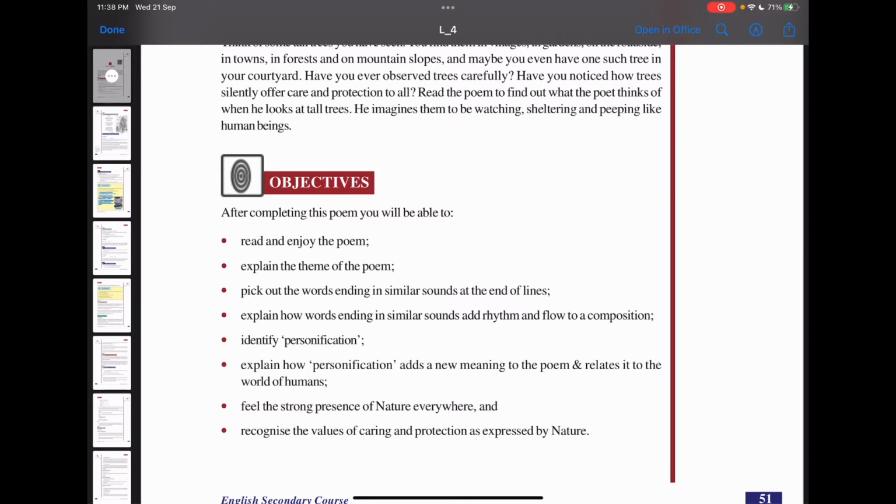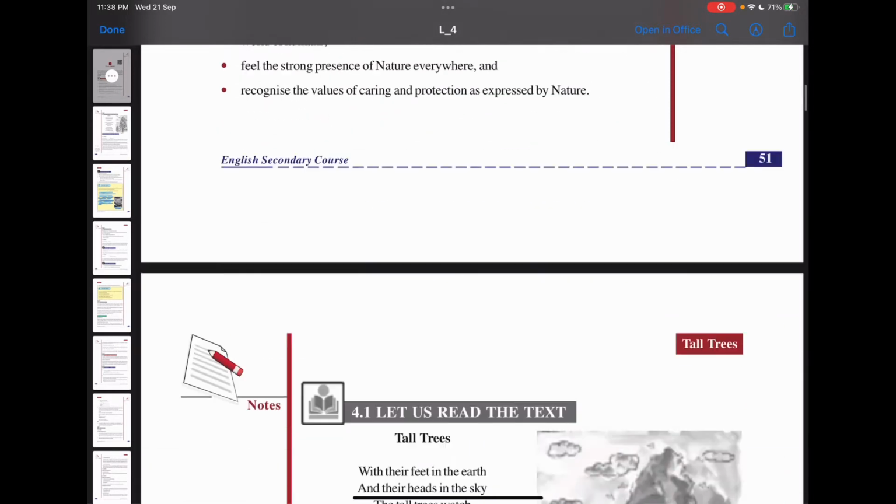Identify personification. Explain how personification adds a new meaning to the poem and relate it to the world of humans. Feel the strong presence of nature everywhere and recognize the values of caring and protection as expressed by nature.